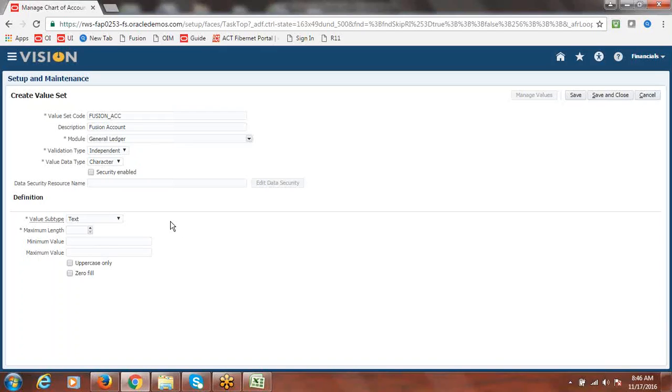You want to use it in general ledger. The reason is this is required in chart of accounts. So chart of account can be created in accounting key flex field. Accounting key flex field is part of GL only. That's the reason with that logic we are giving that module as a GL. So here also I'm going with the 4 only.